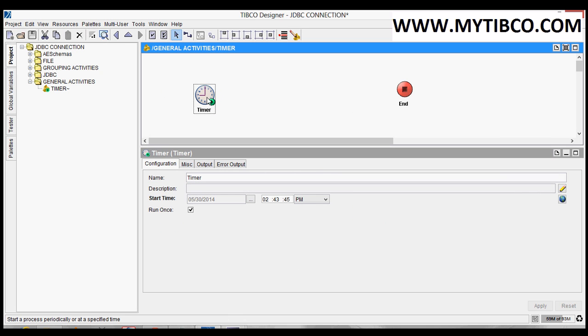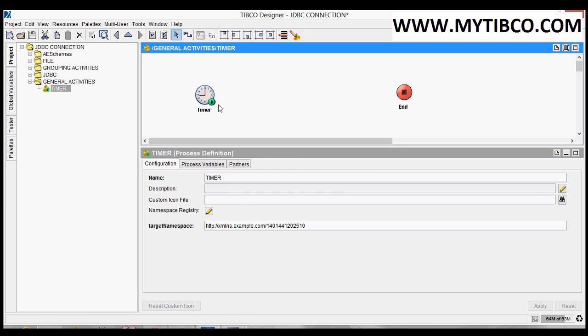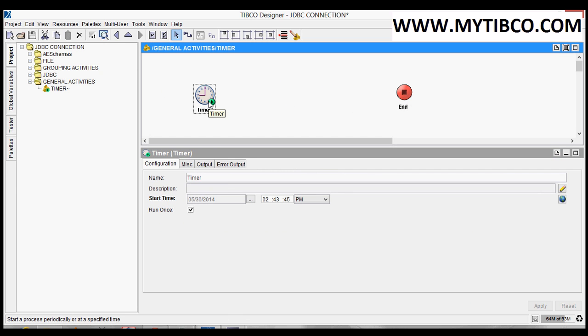The starter activity can create a job, can trigger a job. Here this timer can trigger a job. Why do we use a timer process? For example, if you want to do an activity in the evening, tomorrow, or next week, we can create a timer so it will trigger a job at the particular time.